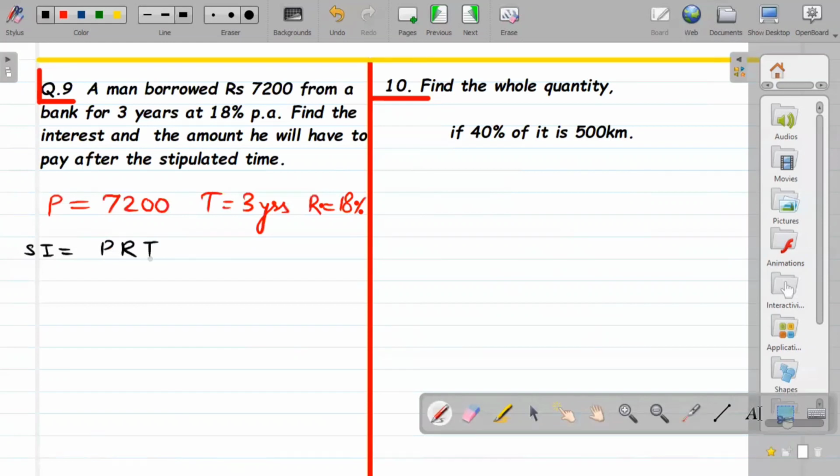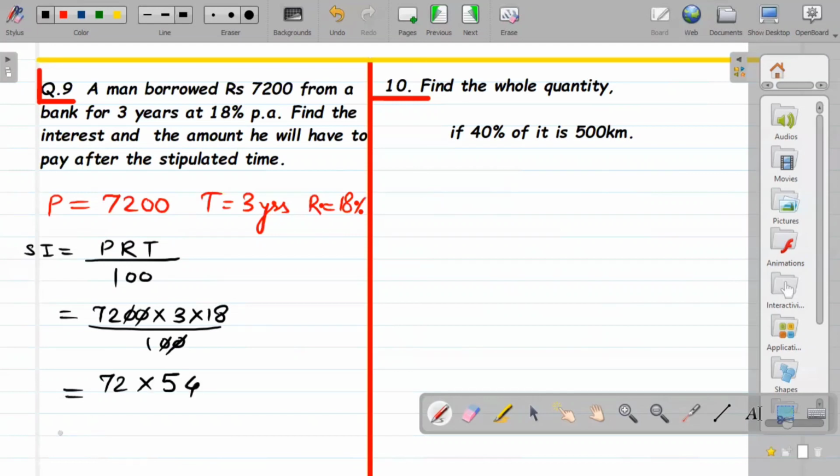First, we will find the simple interest with the formula: principal times rate times time divided by 100. We can put the values: 7,200 multiplied by 3 multiplied by 18 upon 100. So 0, 0 cancel, 0, 0 cancel. Now you can do the multiplication. So that is 72 multiplied by 54. And 72 into 54 will give you